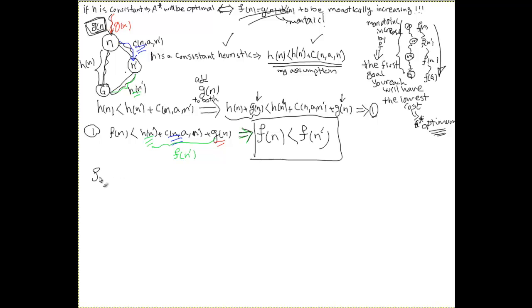So f of n is basically increasing monotonically, meaning that it keeps increasing, it never stops or decreases. So since f monotonically increases,